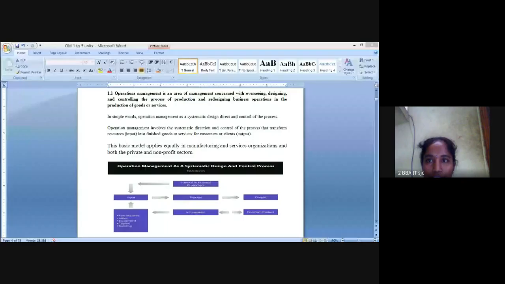Okay, customers feedback. And in an organization, the various operations are done by the various departments, right? The finance department, they concentrate on budget, on how to raise the funds and how to use the funds for different types of activities, right?